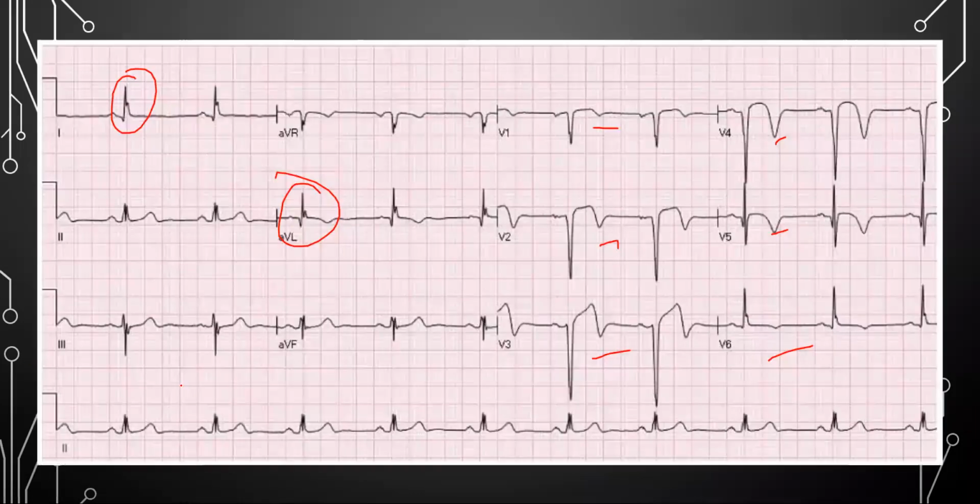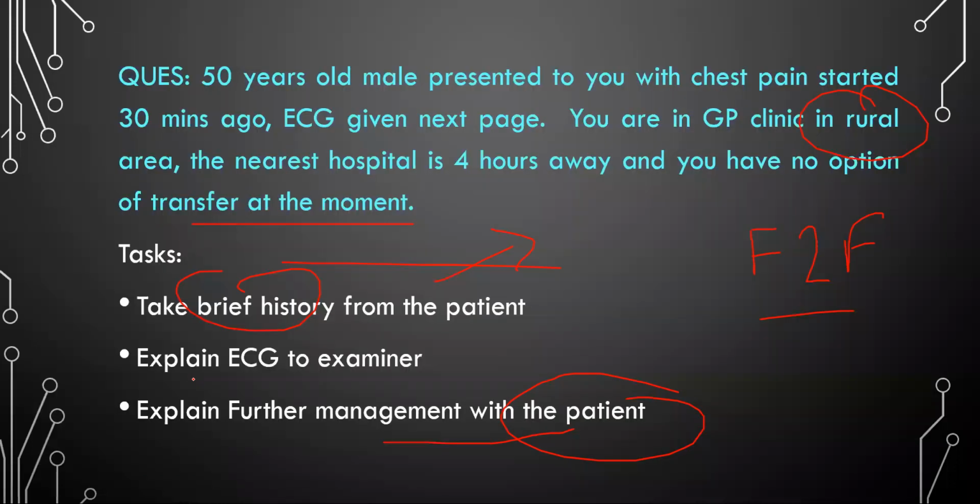After that, further management with the patient. Further management means that this patient is in the GP setting, so what you are going to do for this patient, or this patient is actually in a rural setting, you can say. In a rural setting, first of all, you would explain that you are having a heart attack, explain what is a heart attack, explain why it is very serious. We already discussed this case, so go through that, and then explain what you are going to do. Immediate management, you just discuss that you have already given morphine, aspirin, nitroglycerin, and oxygen if needed.